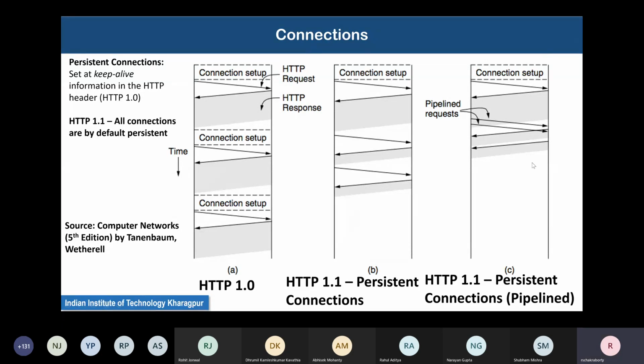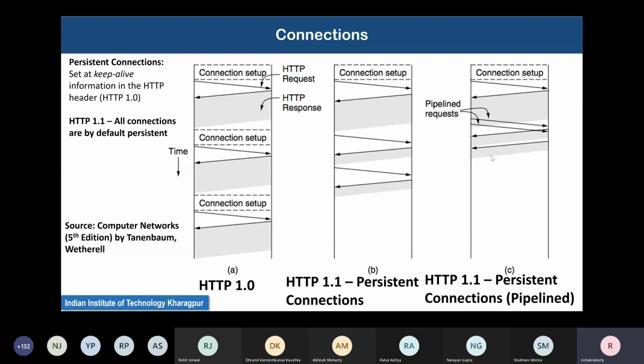So basically the server is bombarded with requests one after the other. Even before the server has been able to give back the complete answer to one of the requests, the other request has come. That is fine. The server will queue this next request, and when it finishes sending back stuff corresponding to the first request, it starts sending back stuff corresponding to the second request.